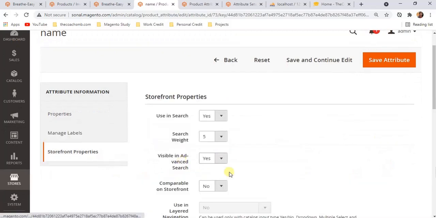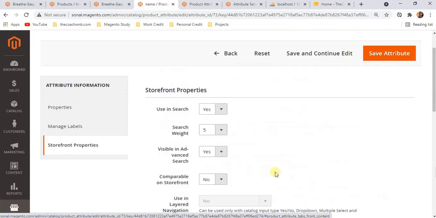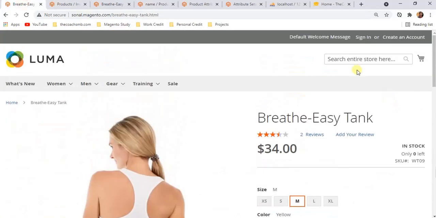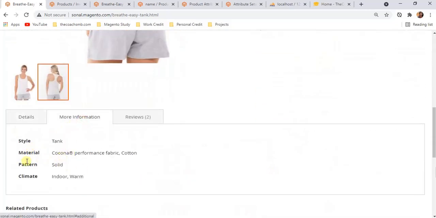Storefront properties. These are very important characteristics which we can assign to attributes. If we are creating an attribute and we want that attribute to be searchable, so if we are searching for a product on the front end, we can search with the name, or with some style, material, pattern, climate.